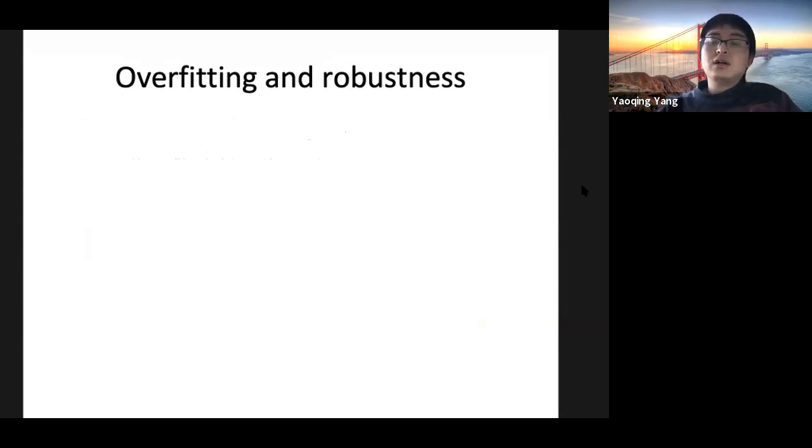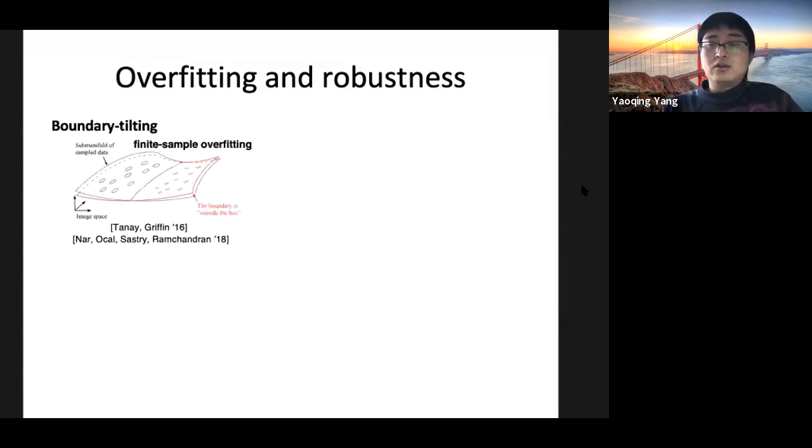There are many different ways that people have come up with to explain the robustness issue of neural networks. In today's talk, we will mainly focus on the overfitting aspect. So what does overfitting in robustness look like? In 2016, Tanay and Griffin showed that adversarial examples arise because the decision boundary is very close to the so-called data submanifold. In this plot, you can see that the black curve is the submanifold of sample data, and